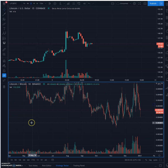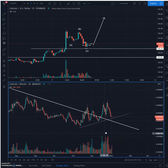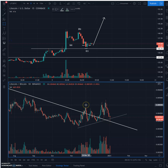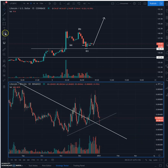So if we zoom in on the daily time frame, very similar things we're seeing here. So we broke out of this ending diagonal. This entire period here from the top at the 24th of November looks like accumulation. Basically, this was a 5-wave move up, this was a 3-wave move down, 3-wave move up, and now 5-wave move down. So this, to me, is looking like a flat, where this is an ABC, or that where the B